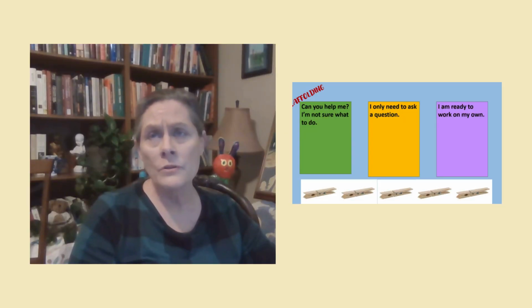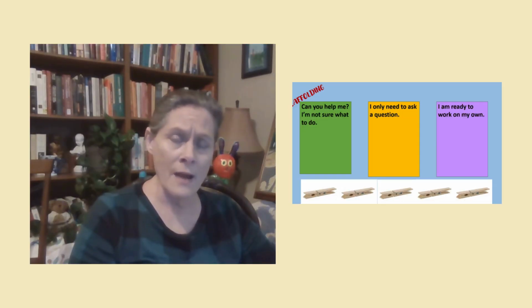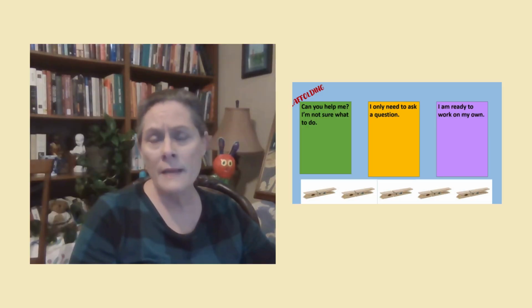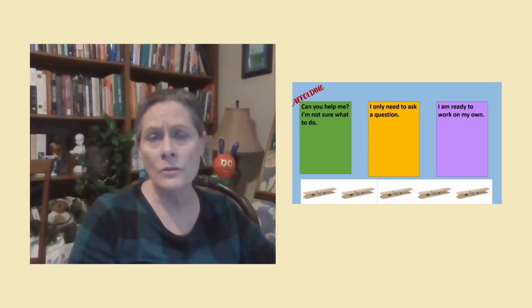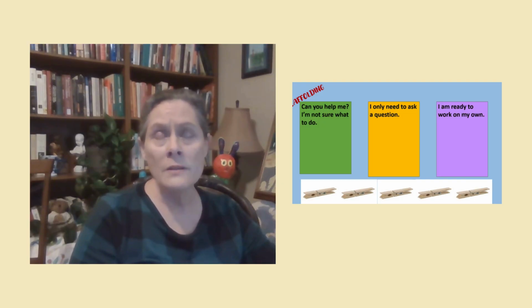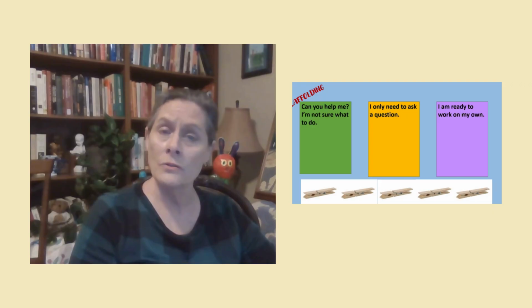And for students who may need extra help, but they're not quite sure how to ask for it, one technique I think is really helpful is to have in your classroom, prior to students going off to work on their own or with small groups, a way in which they can signal to the teacher that they actually need a little extra help. And this can be done in a way that doesn't attract attention to students or put them in a silo